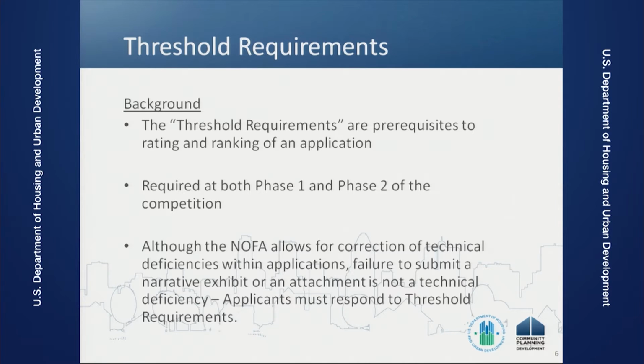As we'll discuss, applicants will demonstrate compliance with the threshold requirements through information that they submit in their applications, primarily through responses in Narrative Exhibit B, which is the portion of the application specifically devoted for applicants to provide narrative responses to threshold requirements. If partners are involved, however, applicants must provide partner letters and partner agreements in order to comply with the eligible applicant threshold requirement, and these documents will be provided as Attachment A to your application. Failure to respond to threshold requirements cannot be corrected or cured, so it's important to note that an applicant must respond to threshold requirements to receive consideration under the National Disaster Resilience Competition.